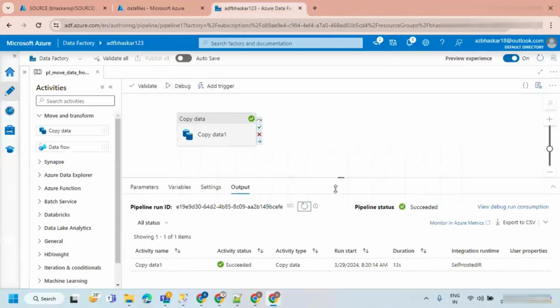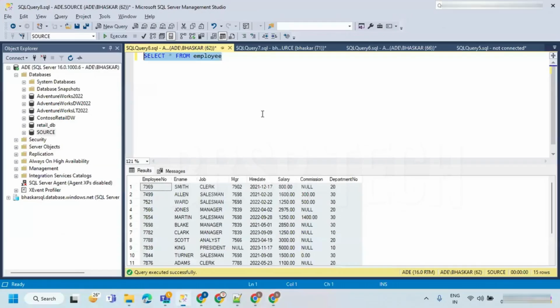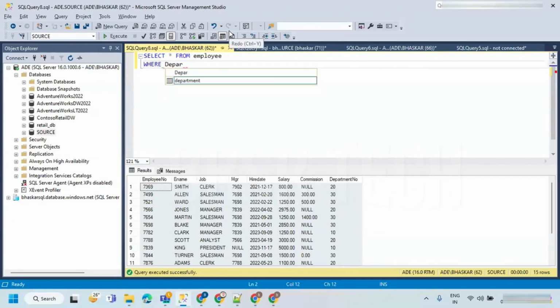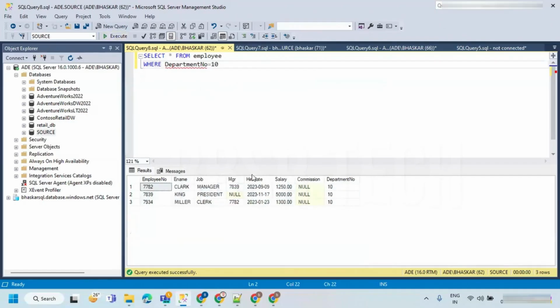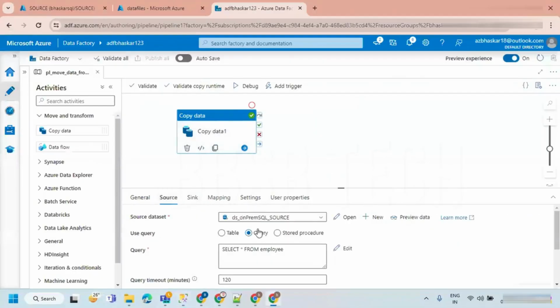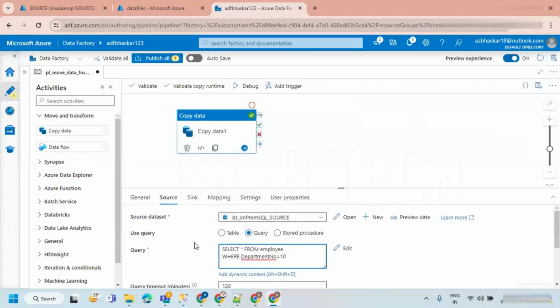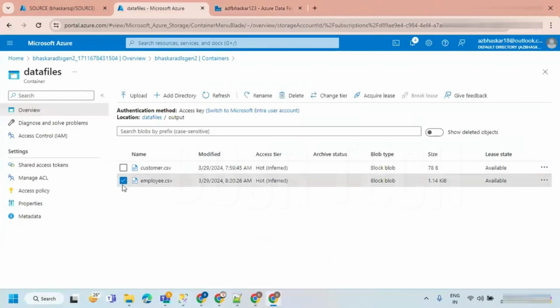Okay, and if I wanted to take only department number 10, then what you can do in SQL, we already saw, if you remember, we can use the where clause, department number equals to what? 10. Let's execute it. Now I can see the department number 10 data. So what I can do is in the data source, you just go and change this query. We have more flexibility. So I'm just going to debug it. Let me remove this employee table, or you can just leave it. It is going to be overridden. Let's debug it.